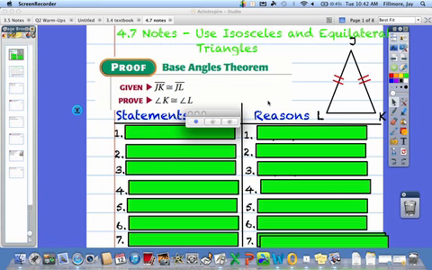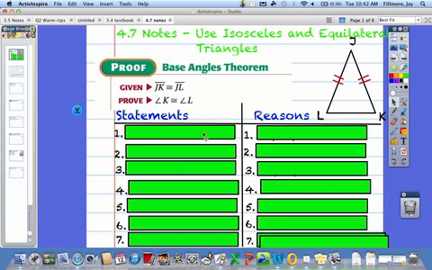Gentlemen, today we're talking about section 4.7, which is using isosceles and equilateral triangles. We're going to start by looking at a theorem called the base angles theorem, which we've talked about in class. But I'm going to show you the proof of this theorem because, again, theorems always have proofs. So we're given the fact that these two sides are congruent. We want to prove that these two angles